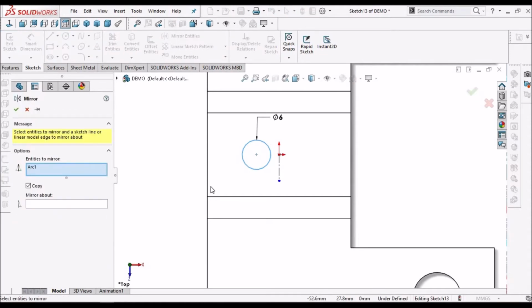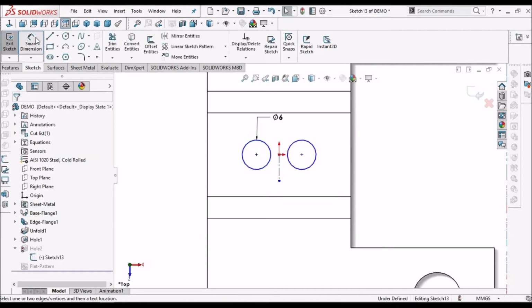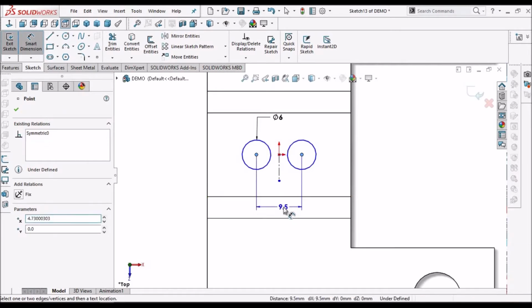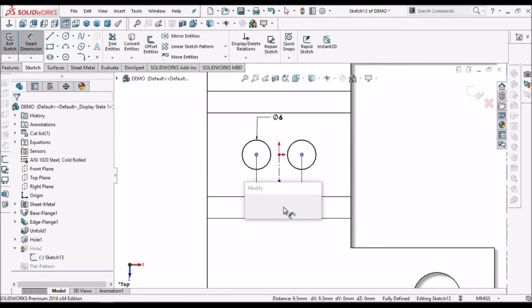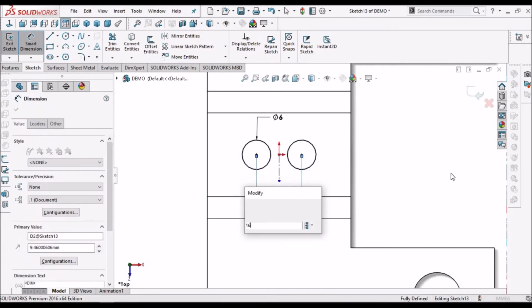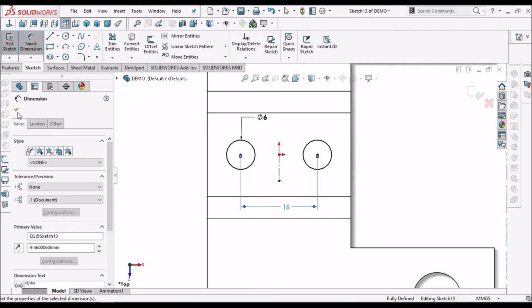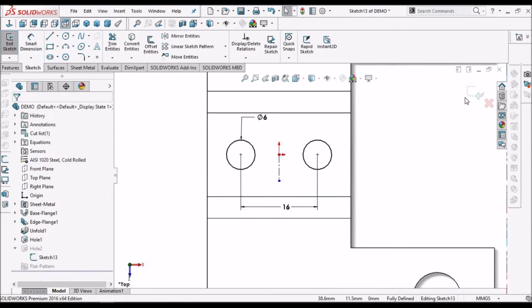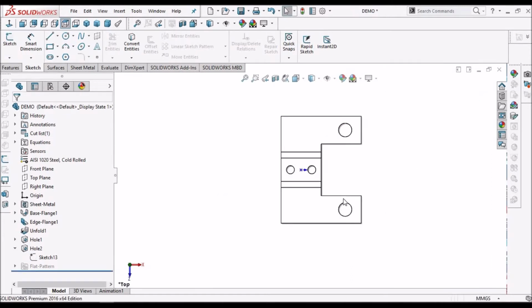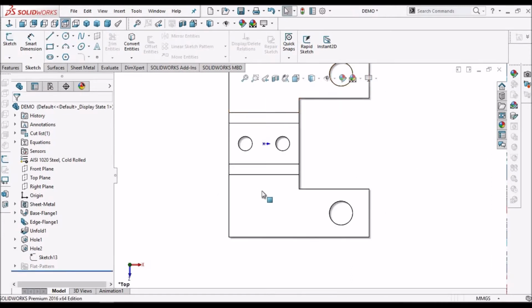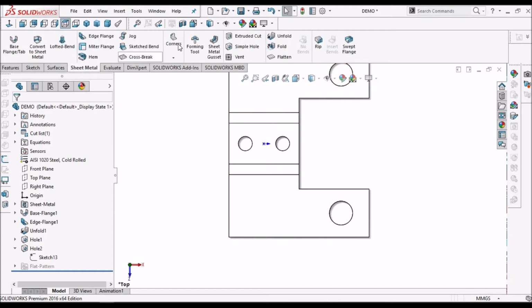Mirror entities and select the center line. Now we have to create slots.